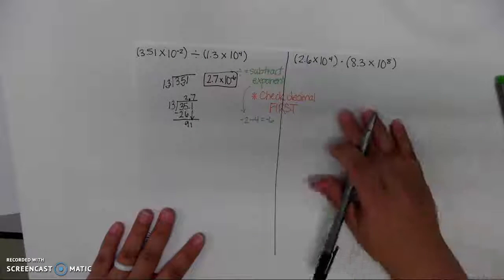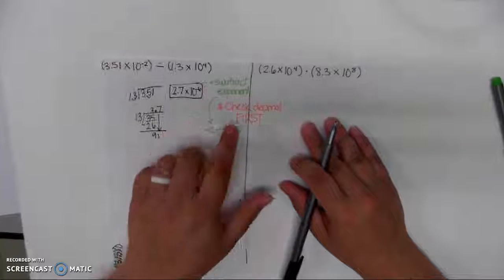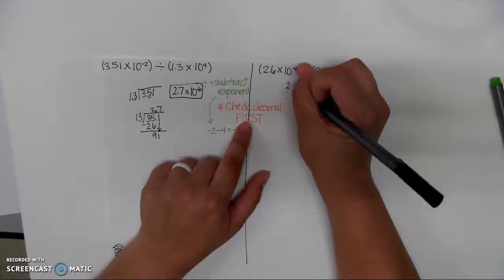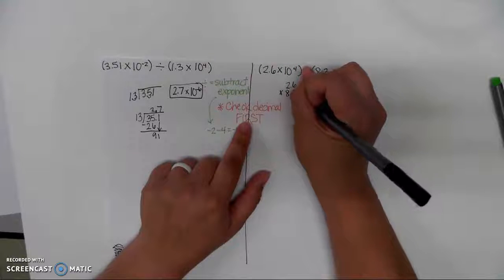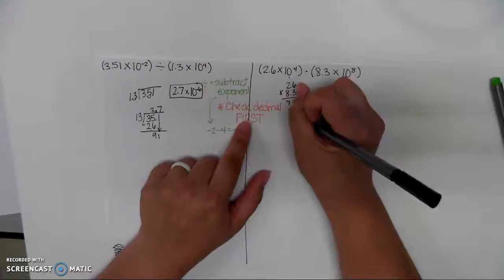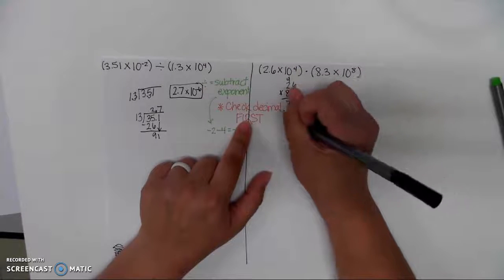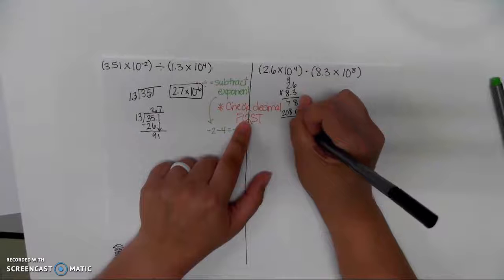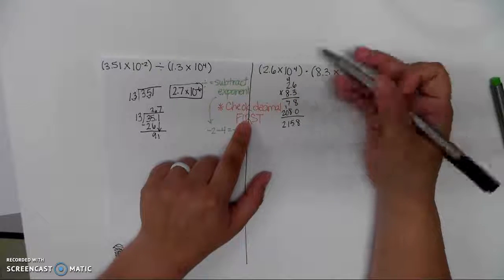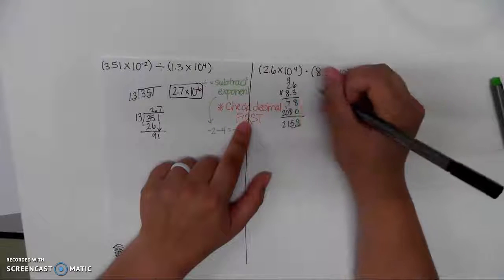All right, next we're going to look at multiplying. So it says to, again, check the decimal first. So I'm going to do my decimal operation first. 2.6 times 8.3. 18, carry the 1. 48, carry the 4. 20. And I'm going to add these guys together. And I have 2 decimals here, so I'm going to move it over twice. And I got